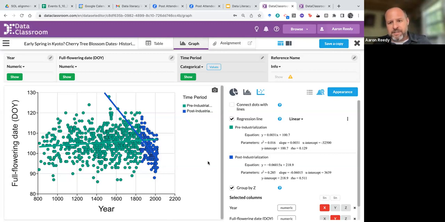I think it's also great because this isn't just a science data set. This can be a historical data set that you're discussing in a history class as well. It's something that can connect, and even if you change the name of those variables to just before 1850, after 1850, and didn't give away that it was around the time of the Industrial Revolution, I bet in a room full of high schoolers, you would pretty quickly get a few of them to suggest that, and have them come to that conclusion on their own. So,